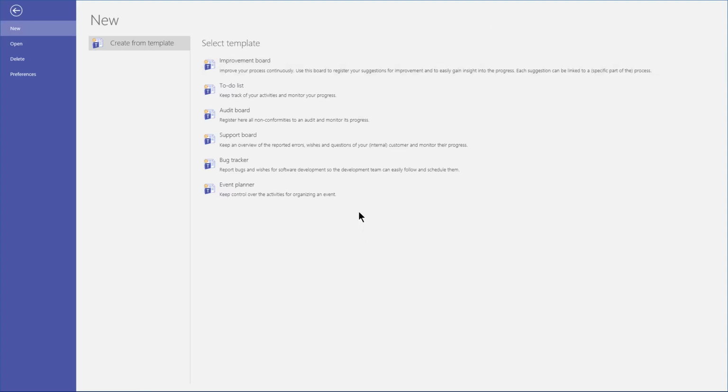Something I'm going to actually pick. So probably to-do list or improvement board. I'm probably going to go for a to-do list, because of the thing I've got in mind. All of these have different configurations, so it's really a case of having a look. There's 6 at the start. In the next release, you will be able to configure your own, but if you have particular wishes, let us know,